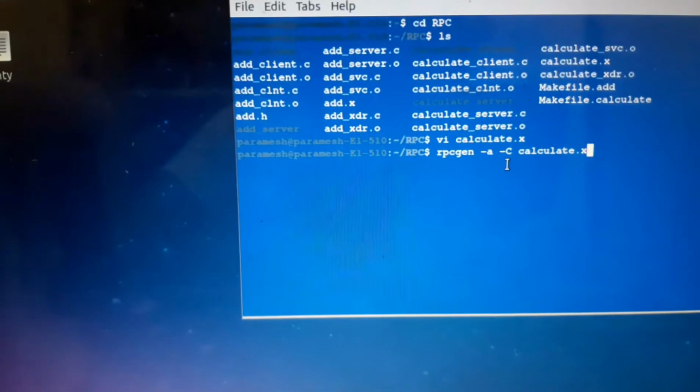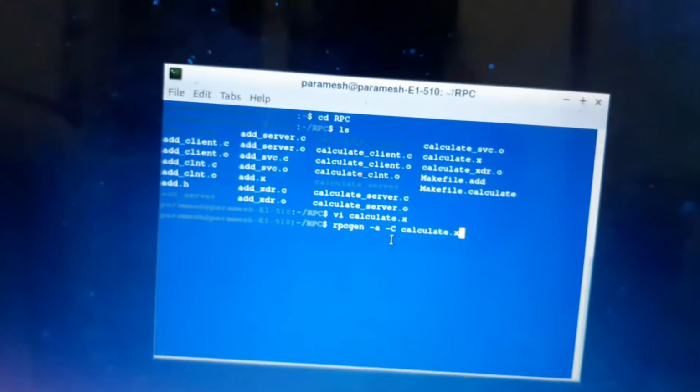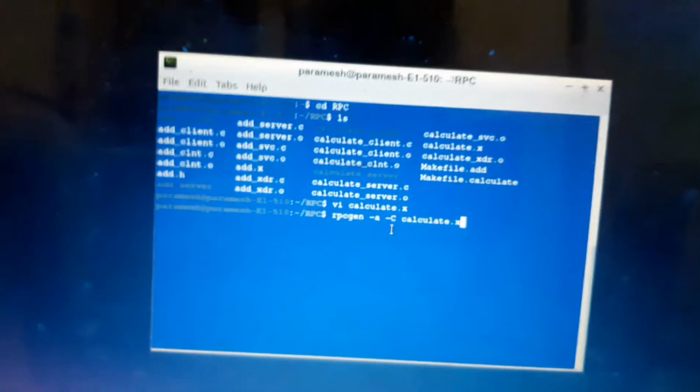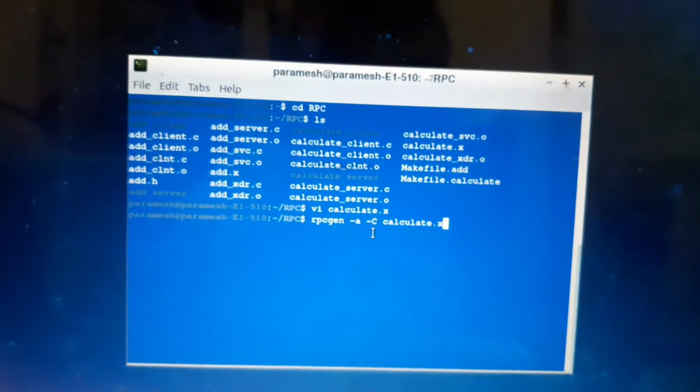By entering this command, we get some files which are known as sample files for developing our application.